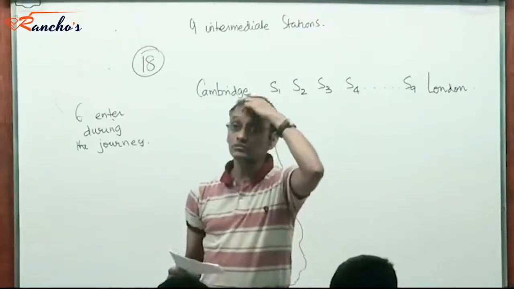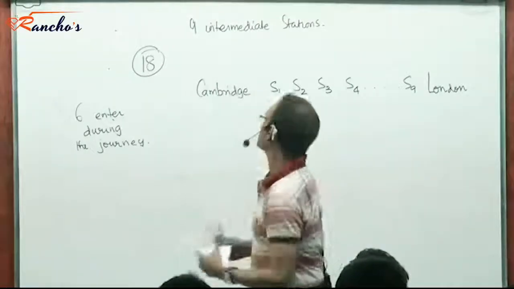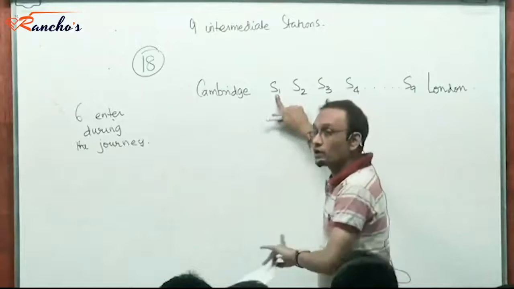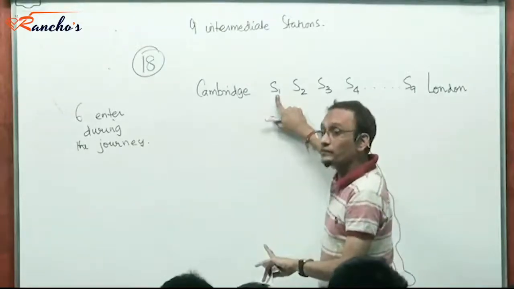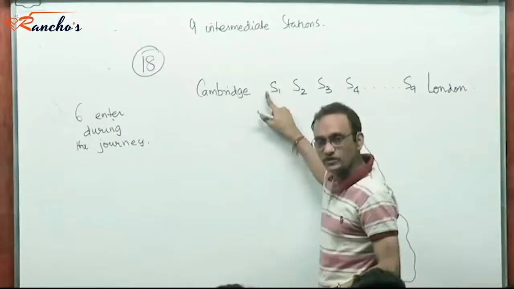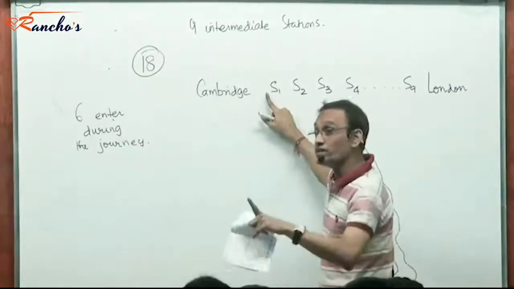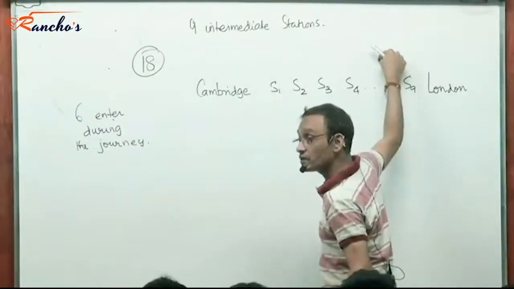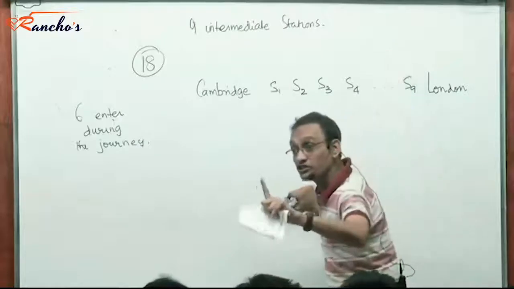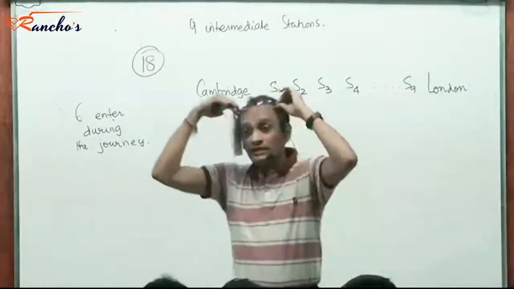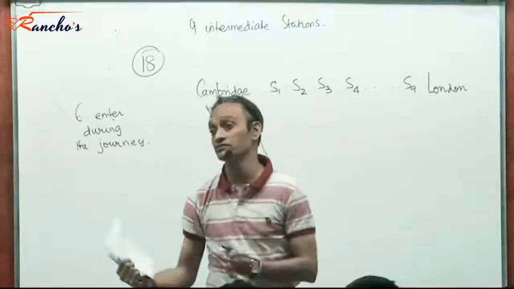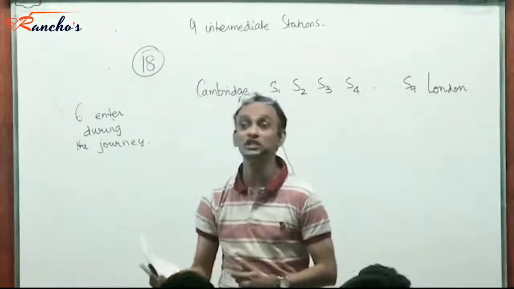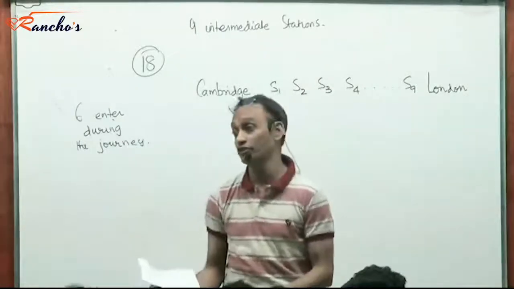with 6 different tickets. Now, when I say a different ticket, let's say 2 people could enter S1, but if they are different, that means they shouldn't have the same destination. You know what I'm saying? 2 people could enter S1, but different tickets means one could be going to S2, the other one could be going to S3. Then they would be looked upon as different tickets. Same ticket means same starting point and same destination. But if at least one of them is different, either the starting point or the destination, then the ticket would be looked upon as a different ticket.